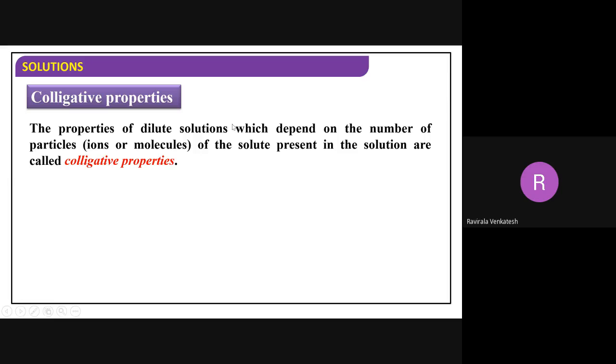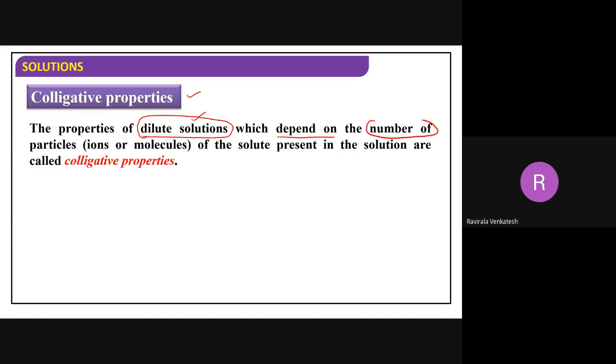Generally, whenever we are discussing colligative properties, we have to take dilute solutions. We cannot take concentrated solutions. What type of solutions do we have to take here? Dilute solutions. Now, whichever properties depend on the number of solute particles,